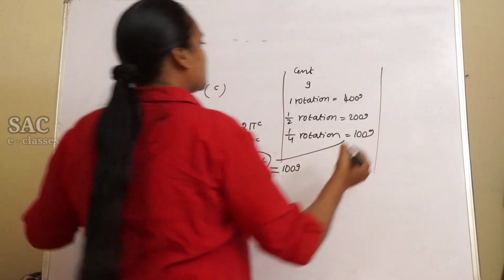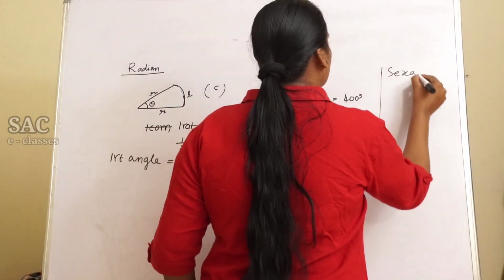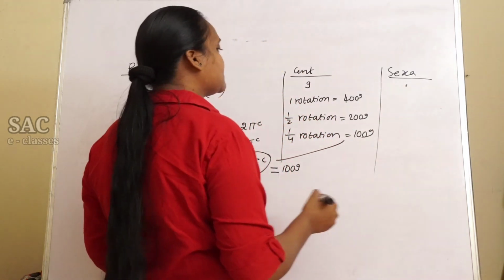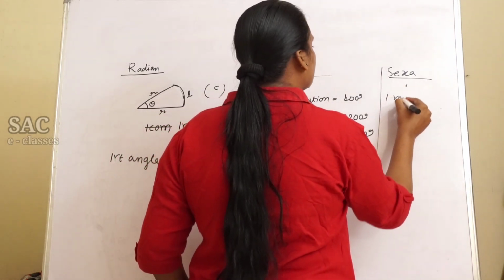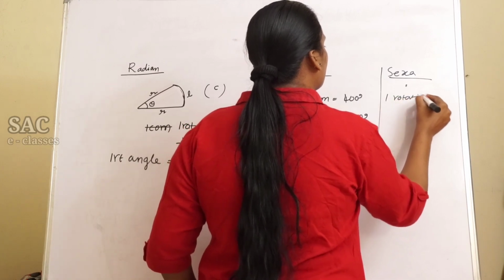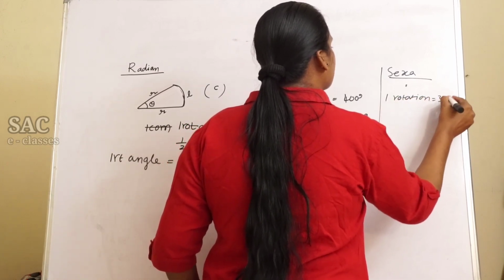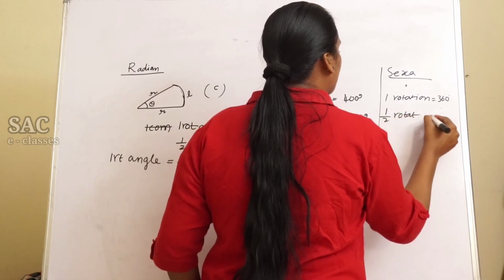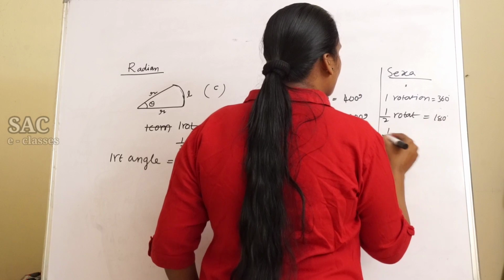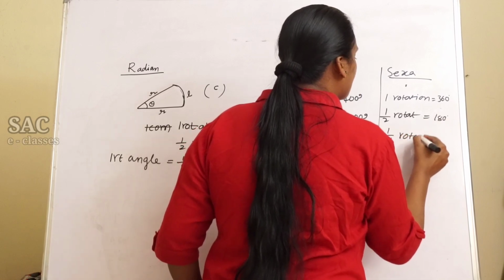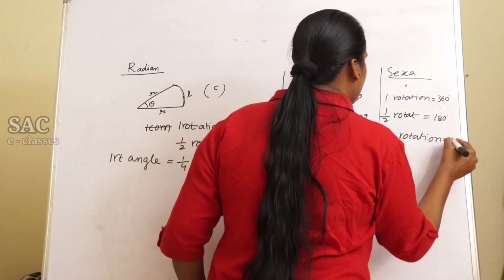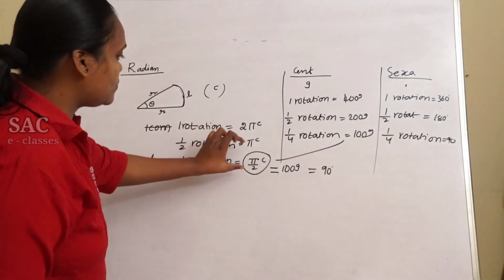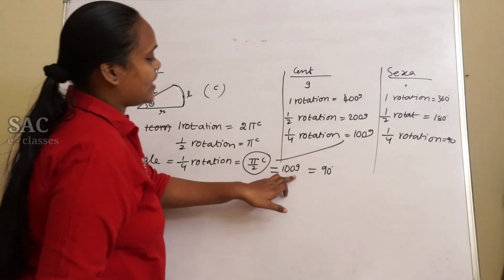Next one is about the sexagesimal system. In the sexagesimal system, we measure in terms of degrees. One rotation is equal to 360 degrees. Half of the rotation is equal to 180 degrees. 1/4 of the rotation is equal to 90 degrees. Nothing but pi by 2 radians is equal to 100 grades